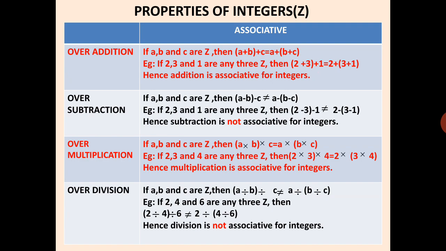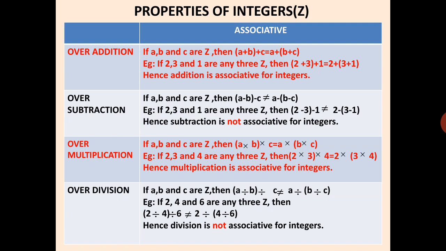The very first one, over addition. We are considering A, B, C as 3 integers. Now we have changed the order of addition. Children, bracket means you have to solve that part first. So left hand side tells you (A + B) + C. That means you will add A plus B first and the answer will be added to C. You will get an answer. Then the right hand side tells you A + (B + C). So here the addition of B and C to be done first and that sum to be added to A.